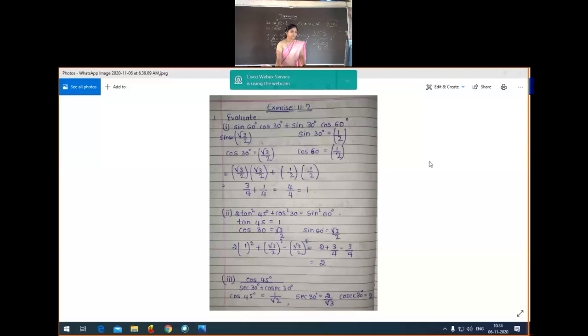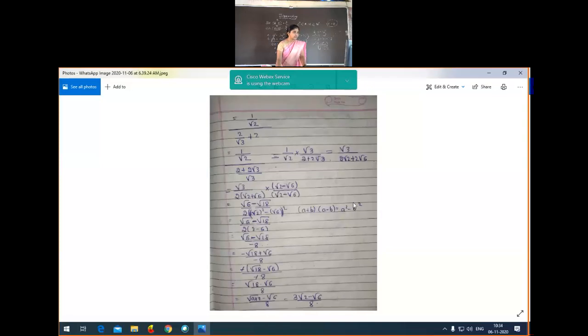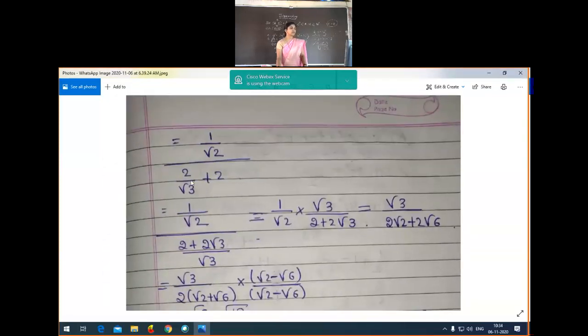Yeah. So now substitution part is over. See here, substitution, got the idea now. Now, what is the next step here in the denominator? You have to take the LCM and you have to simplify this one. There you will get, numerator as it is, 1 by root 2 divided by 2 plus 2 root 3 divided by root 3. So this is all you know how to take the LCM and how to write this one.